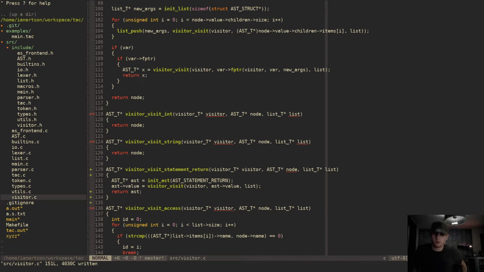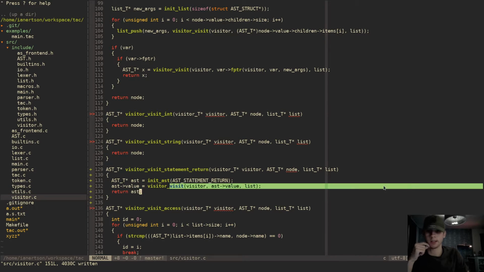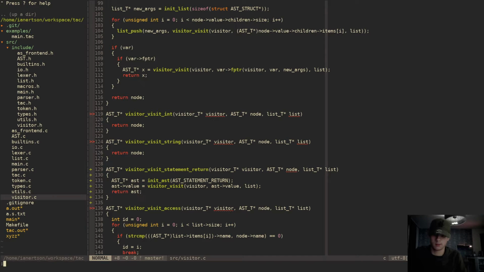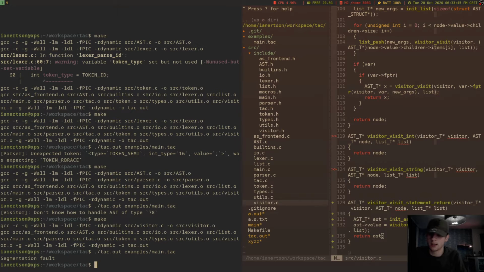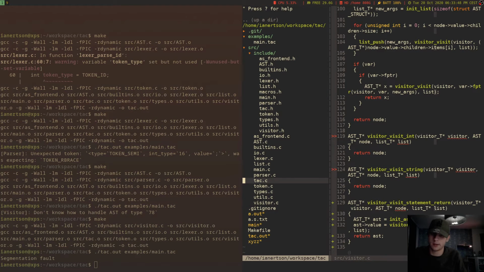So basically what we will be able to do here later is, if the compiler can pre-calculate the return value, we can handle that here. So anyway, now if we run this, we're getting a seg fault because I don't think the